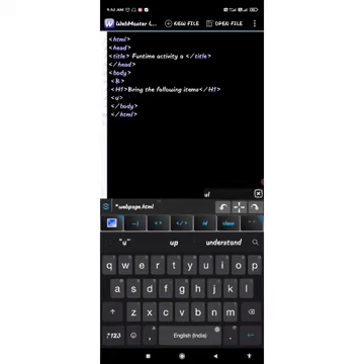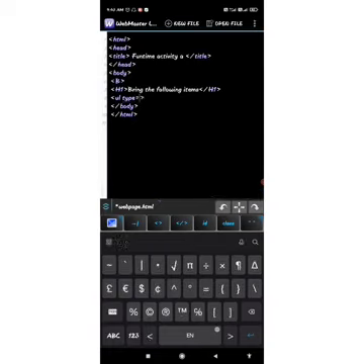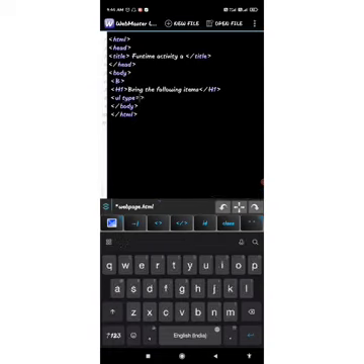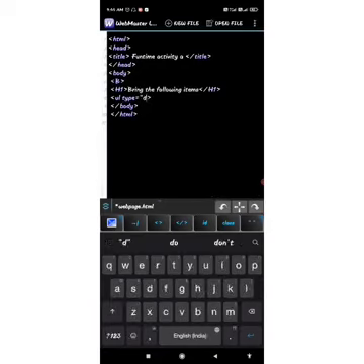UL means unordered list. UL, then you can write type. UL type is equal to, then you will have to write double inverted comma, then disk.